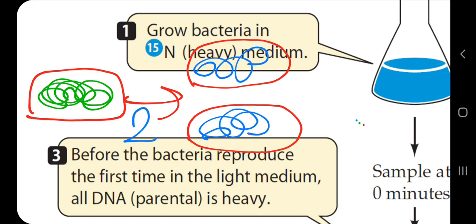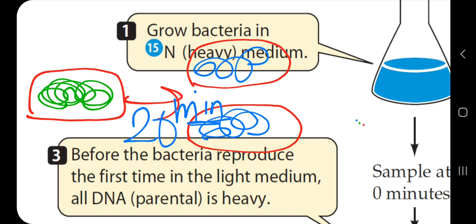And the time of dividing is 20 minutes. So E. coli divides in 20 minutes. So if you leave E. coli bacteria for cell division, in 20 minutes they will double, and in 40 minutes there will be 2 cycles. So if you are having 1 E. coli, after 20 minutes you will have 2 E. coli, after 40 minutes you will have 4, then of course 8, 16, 32, 64, 128, it will multiply. So the time of multiplication is 20 minutes.